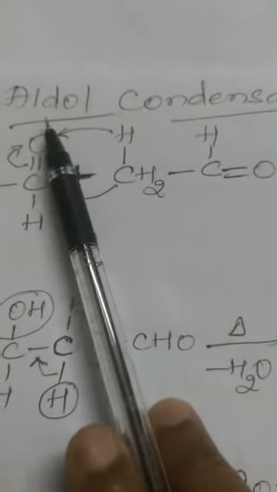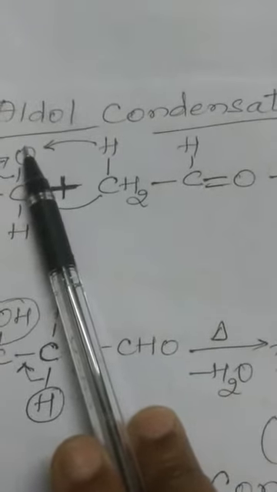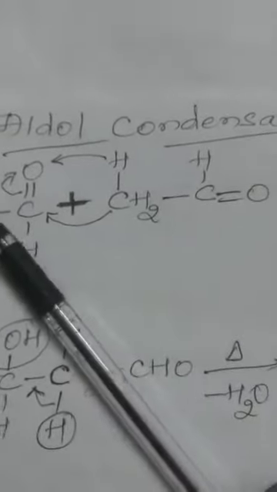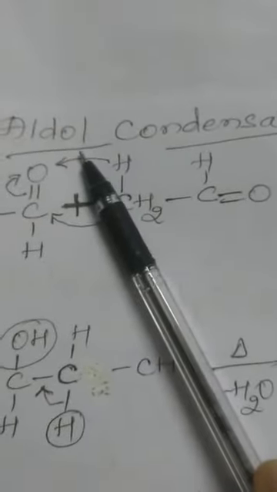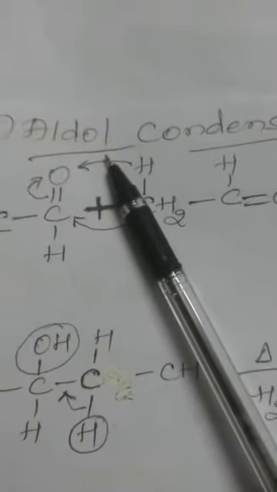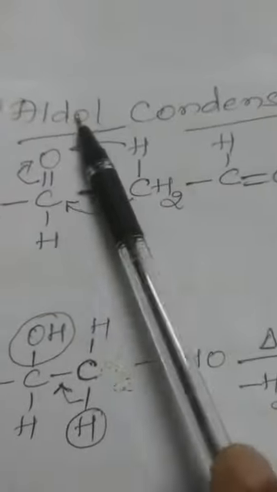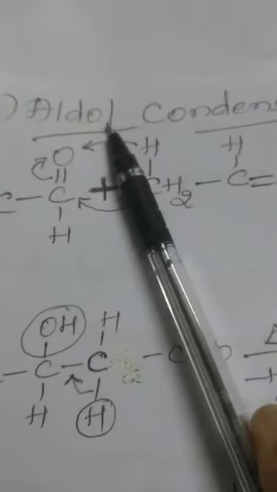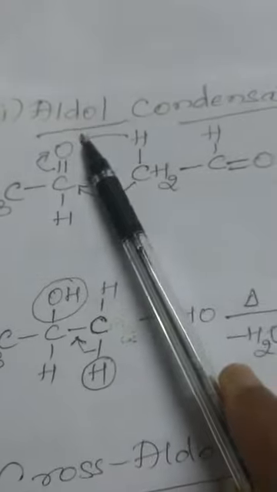Now look at the name there, aldol. The first three alphabets, ALD, indicate the aldehydic functional group, that is CHO. And the next, OL, indicates the functional group of an alcohol, OH. So the product will have both aldehydic as well as alcoholic functional groups. Contrary to Cannizzaro's reaction, aldol condensation is answered by those aldehydes which contain alpha hydrogen atoms.